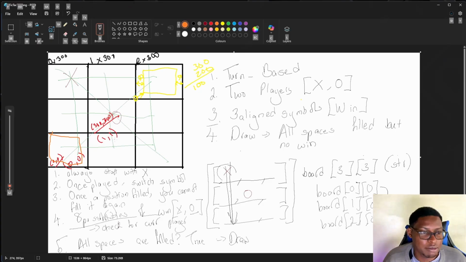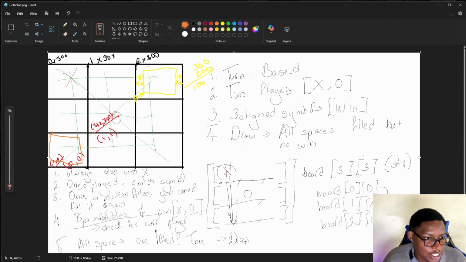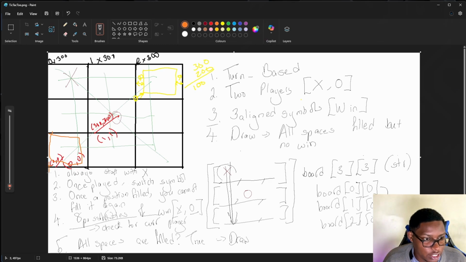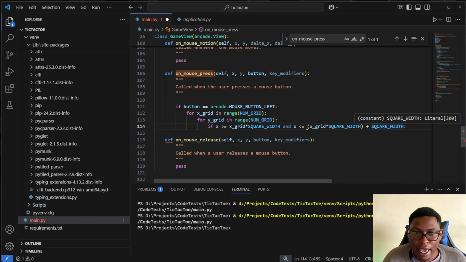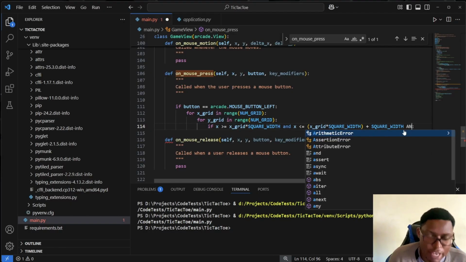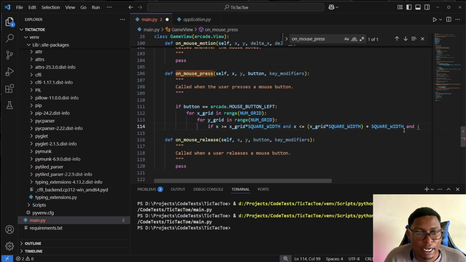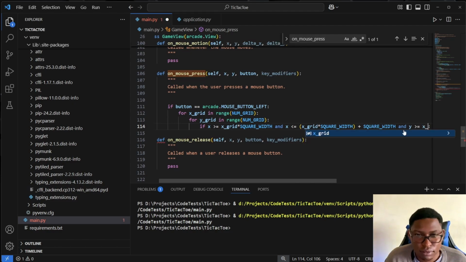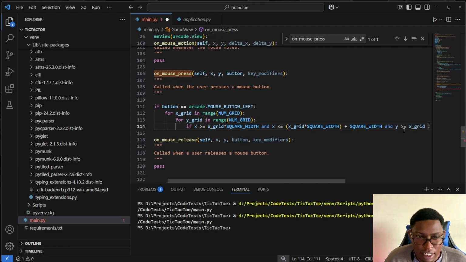So basically I'm saying if x is within the range of 0 to, if it's the first case, we'll have x times square width, that will just be 0, plus the square width, which will be, in this case, 300. So if it's within that range, and also if it is within the range of our height, right? So we'll have y is greater or equal to x grid times,